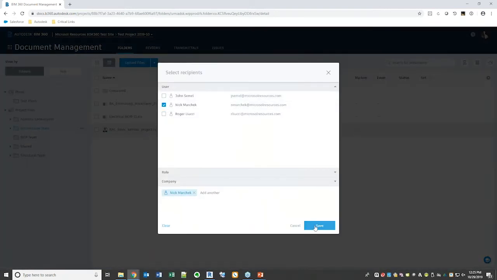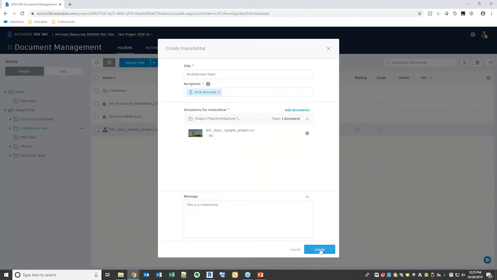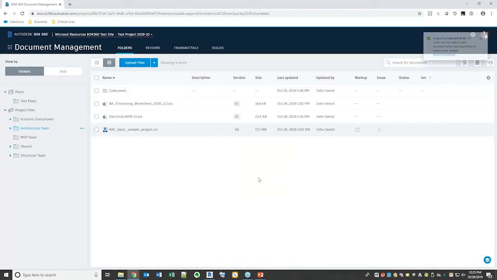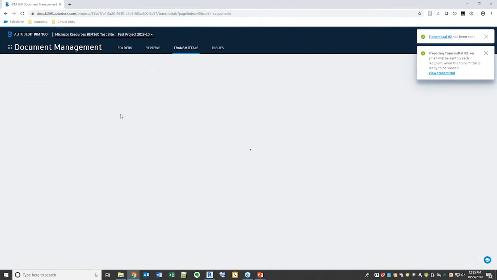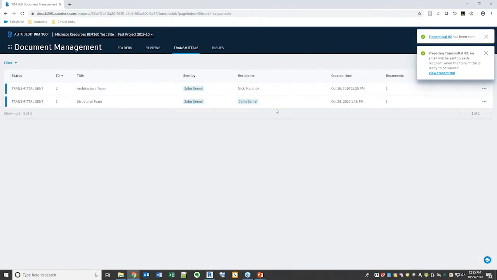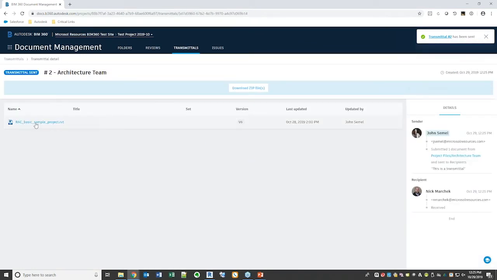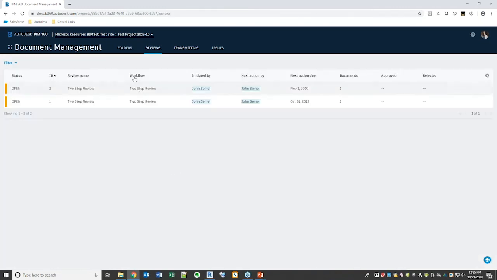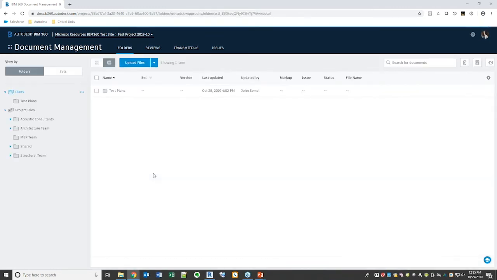And send that to Nick. And it keeps track of all the transmittals in here. See what was sent. So you can still use this system in pretty much a traditional way if you really